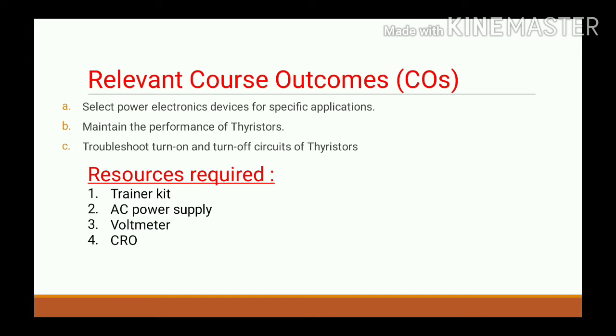Turn off time of the converter grade SCRs is in the range of 200 to 300 microseconds, and duration of the negative half cycle for a 50 Hz frequency is 10 milliseconds. As the turn off time of the SCR is very small and the duration of this negative half cycle is too large compared to the turn off time, SCR is turned off during each negative half cycle. Hence control rectifiers are also called line commutated converters. This type of commutation is called class F commutation or natural commutation.